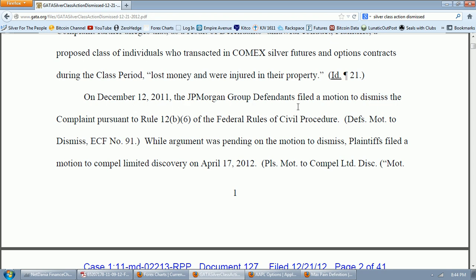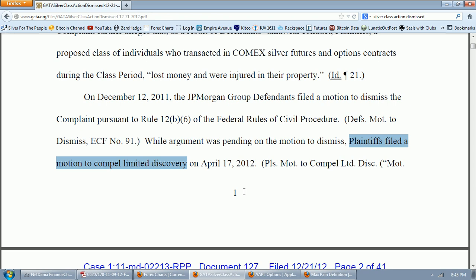JP Morgan Group defendants filed a motion to dismiss the complaint pursuant to Rule 12b-6 of the Federal Rules of Civil Procedure. The defendants' motion to dismiss. While argument was pending on the motion to dismiss, plaintiffs filed a motion to compel limited discovery on April 17th,